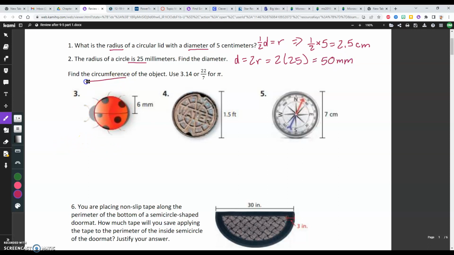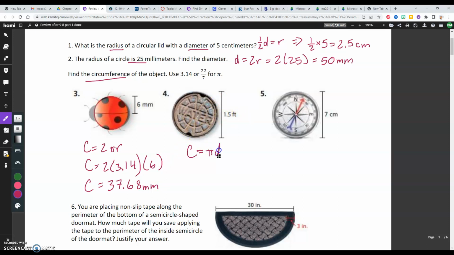Down here, we're looking at circumference. When given the radius, that's c equals 2 pi r. So that's c equals 2 times 3.14 times 6 in this case, and that gives us 37.68 millimeters. Over here, we've got 1.5 feet, so we're going to use the formula pi d for this one, and that's 3.14 times 1.5, and so that's 4.71